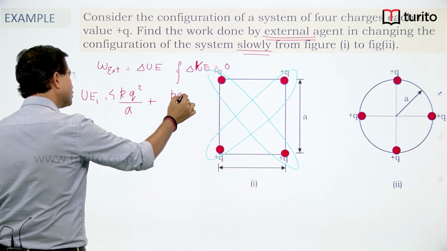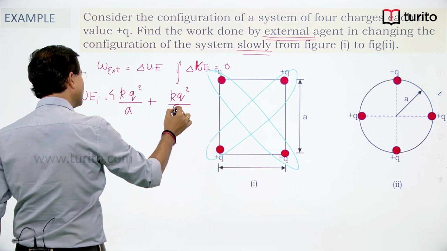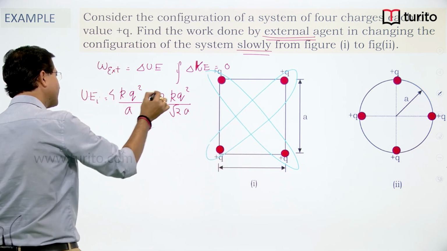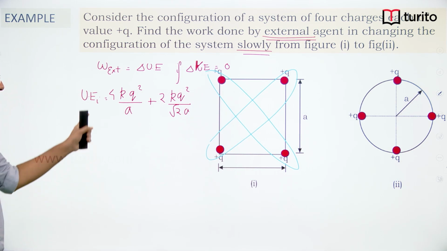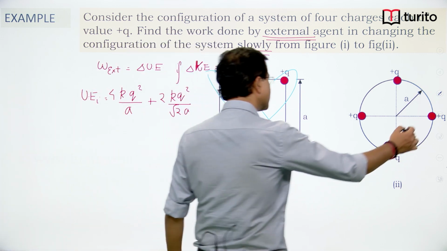K Q square divided by separation root 2A. There are 2 such combinations, so I will multiply it by 2. Now I got the initial, so the initial configuration had this much energy. Let us see the final one. So same way I can